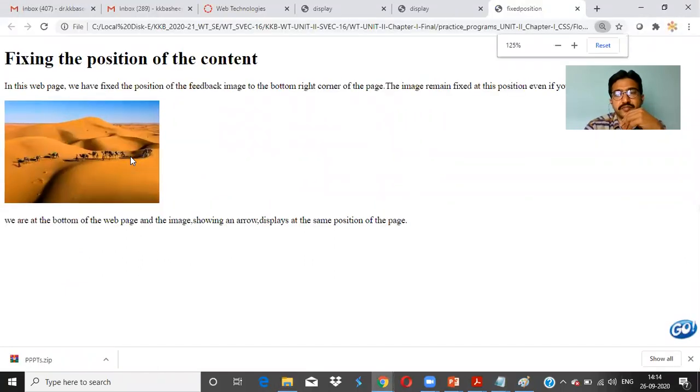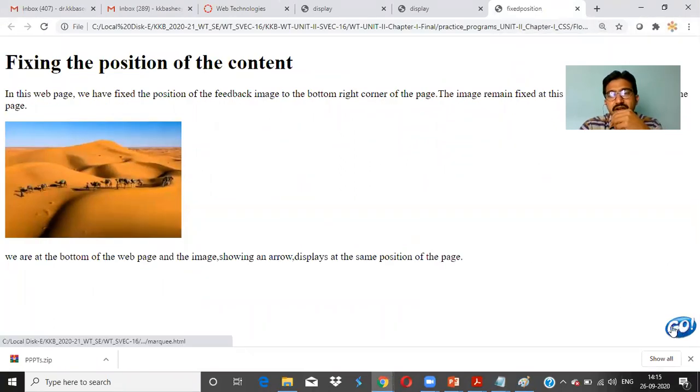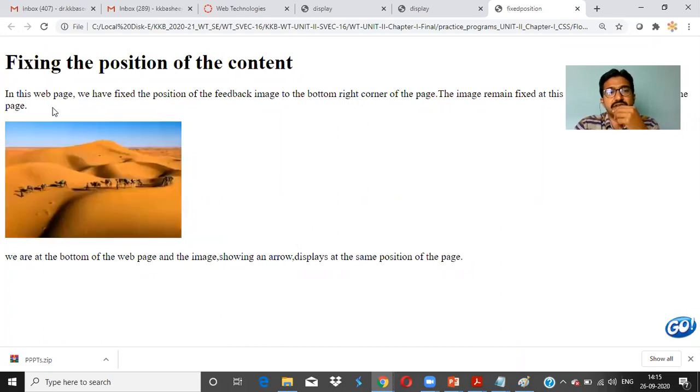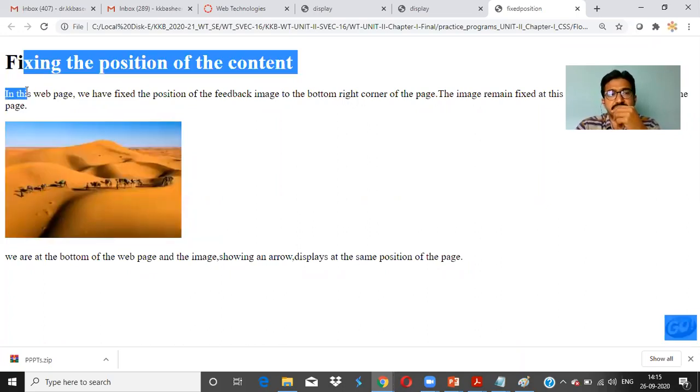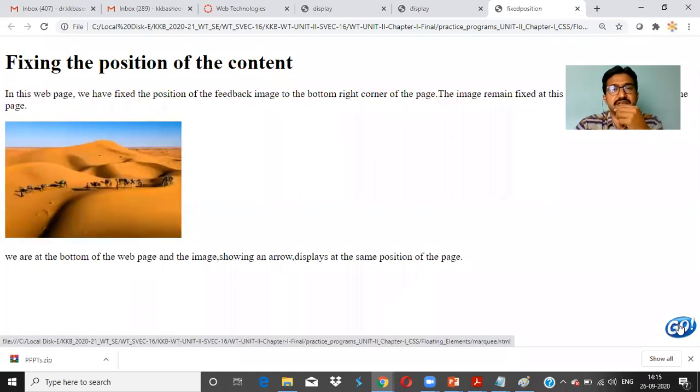This is the program. Now when you see this, in the bottom 10 pixels and right, if you are observing in the bottom towards the right, there is a go.jpg image. Here I am adding it. So this is the position we are setting. But for the desert.jpg image, we are not setting any position. So by default, wherever it comes as per the flow sequence, that image will come. But this go image is exactly at the right bottom. So this is the position we set. This is a fixed one.